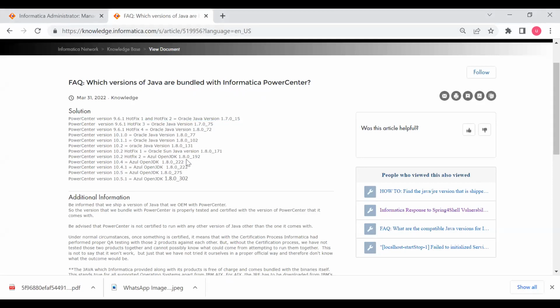Now you can see this demo is being done. I am doing it on 10.4. You can also do the same, apply to everything. And if you see the Azure OpenJDK 1.8, from the 9.6, we are providing 1.7 only. So that's why that means it is fine. You can just go ahead and use the keytool utility provided for the PowerCenter machine, and you can just create a